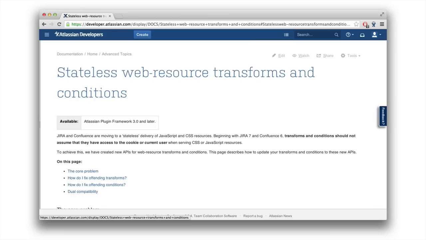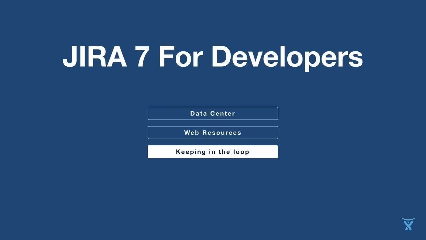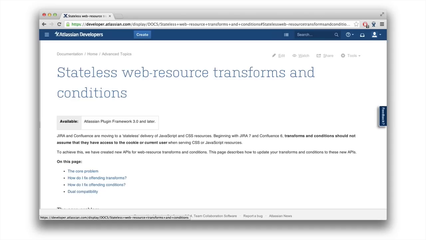But in general, cast a critical eye over your code and see whether or not you actually need those conditions and transformers to be able to do what you're doing. You may potentially be able to get rid of the transforms, for example, and build that into your build process. And for conditions, you may be able to include the JavaScript on the page all the time and guard it by an if statement inside JavaScript, which will mean that you'll end up with much better cross-page cache coherency for the CDN edge nodes.